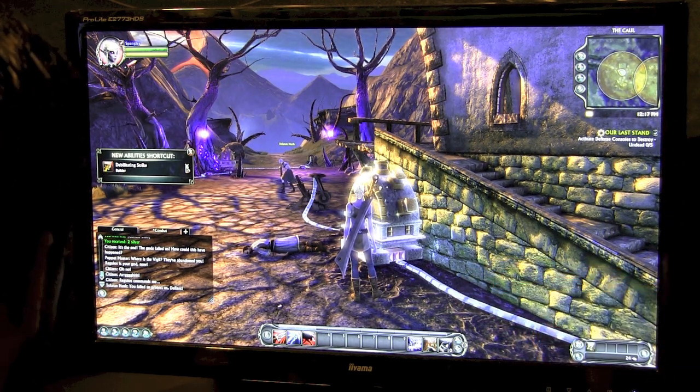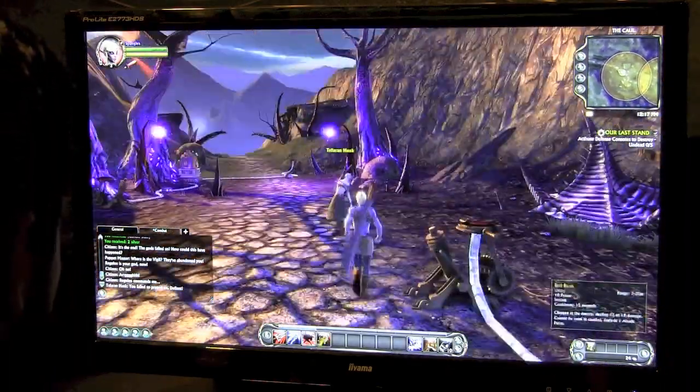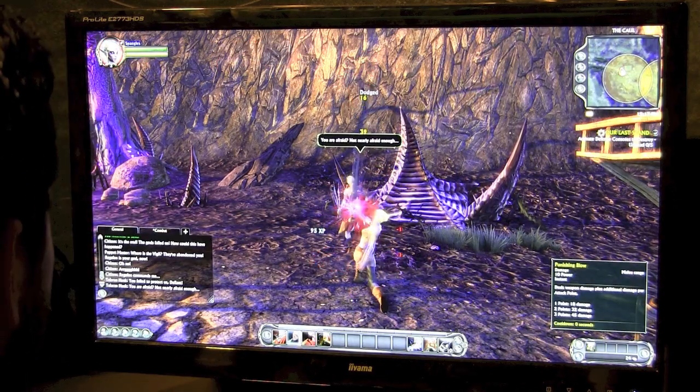Okay, how do I set that up? You click on the icon and drag it to your action bar. Easy peasy. Yes, I like that, that's cool. And you're going to get a debilitating strike. I don't know what that did. Yeah, well, he dodged it, so...